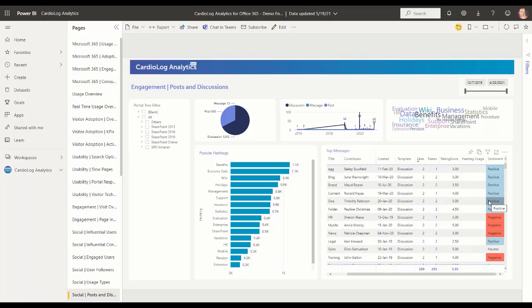It is basically the process of detecting positive or negative or neutral sentiment in text. So Cardiolog analytics help organizations to detect these sentiments in social data, like you can see here, and understand employees. We have integrated sentiment analysis into our reports for social platforms, including Teams, Yammer, SharePoint Social, to help organizations to interpret user feedback, questions, and queries in order to better support them or inform management what is needed in terms